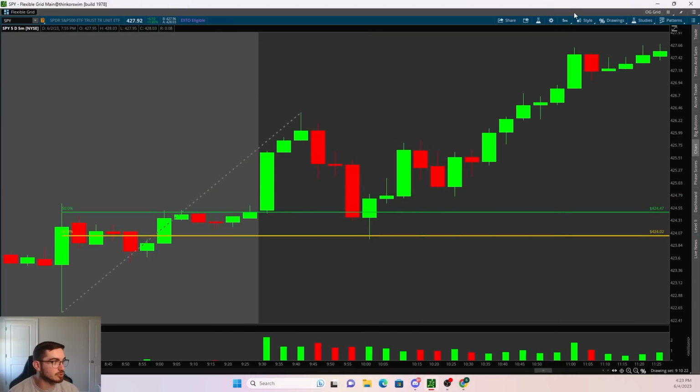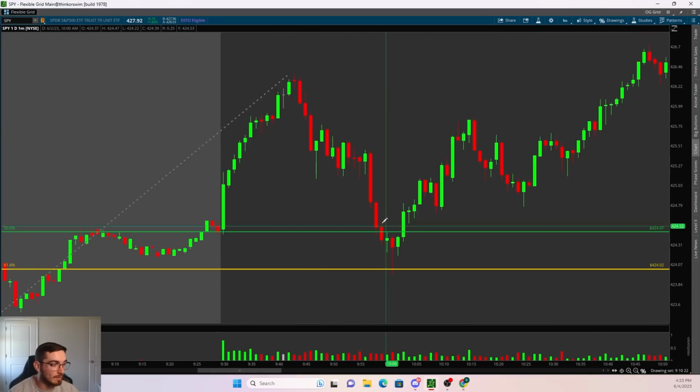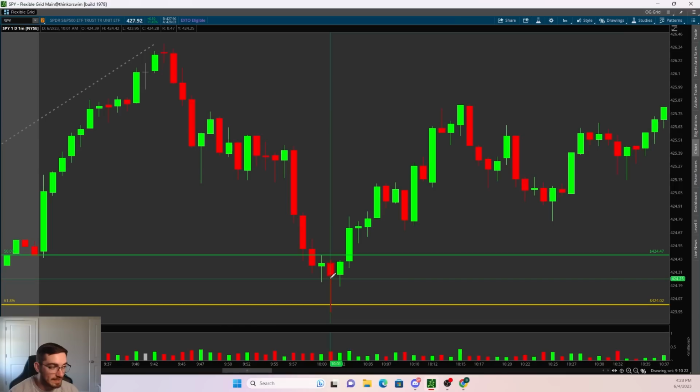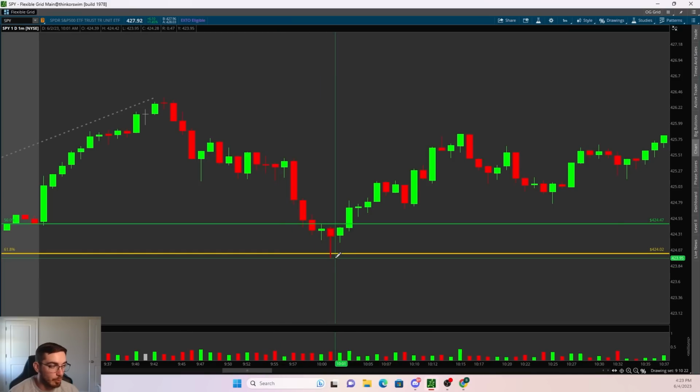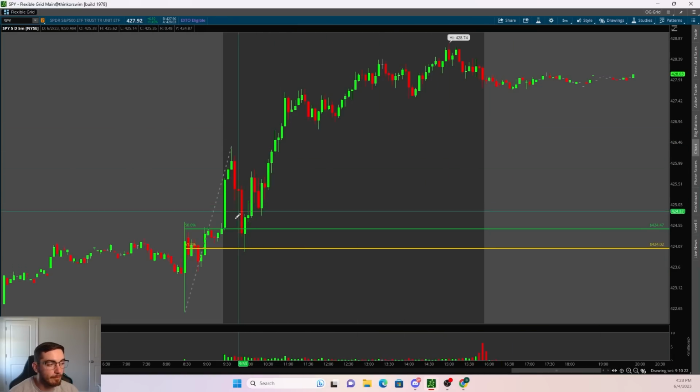Fibonacci confirmed the entry. You can break it down to smaller time frames, 2 minute, 1 minute, 3 minute, whatever it is. If you broke it down to a 1 minute time frame, you can see price confirm the entry literally at the close of this candle at 424.3. So where was the stop loss? Right below, like 423.9 to 423.8. And that was the exact bottom of the day before SPY rocketed all the way up to 428.75